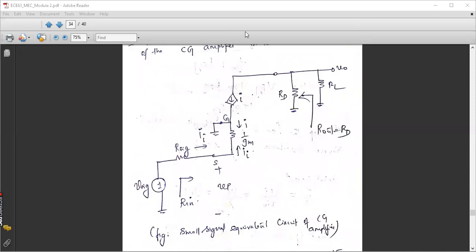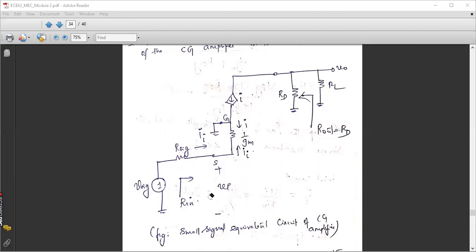We can see there is nothing at the source, right? Because the current source is open circuited. So the source is just connected to RSIC and VSIC. Here we have a big vacant space, because the current source is open circuited.